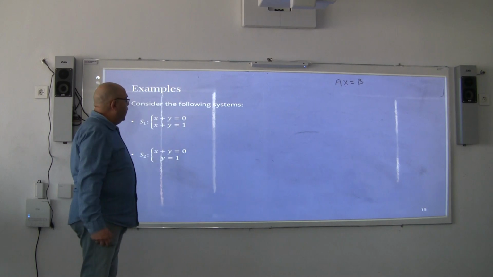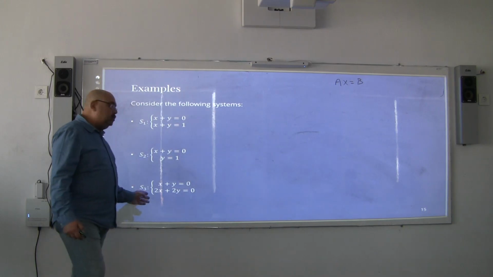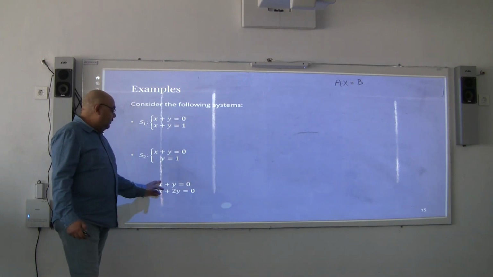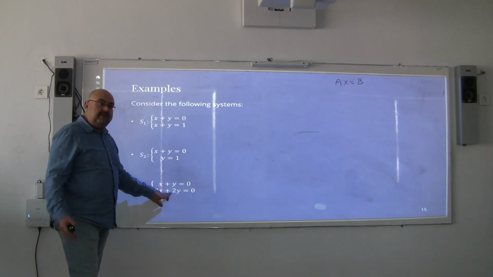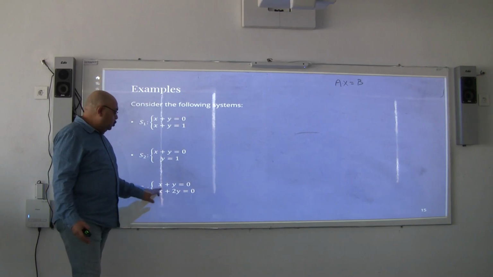Now let me look at this one. This is x plus y equals 0, and then I multiply by 2 and give it to you again. Is there any extra information given? No. If you try to solve this equation,